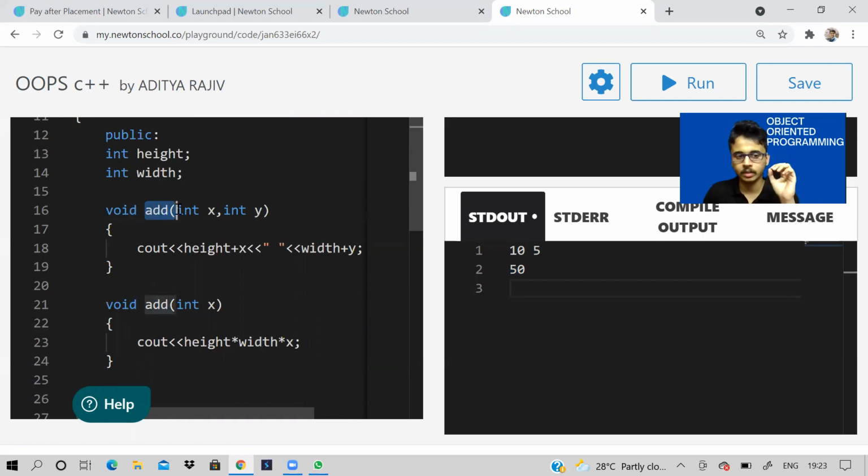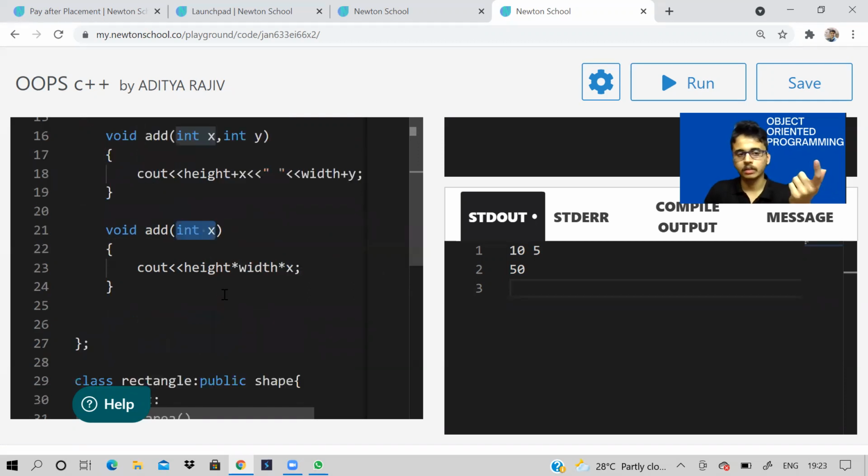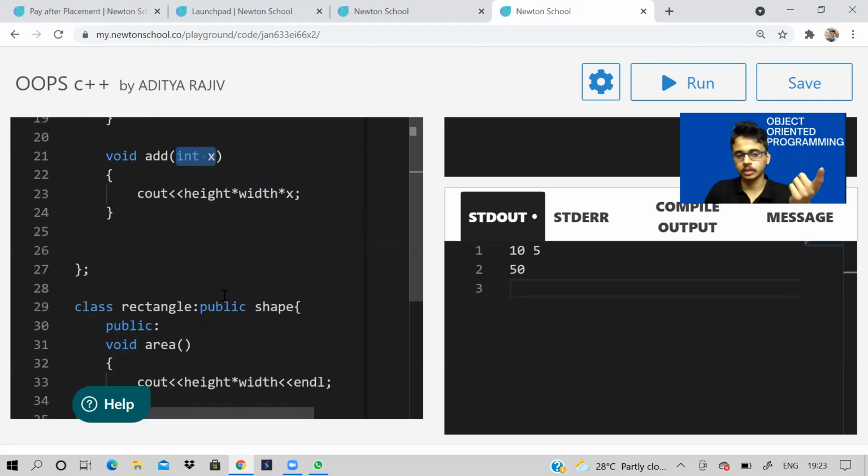So what is basically happening is there are two functions with the same name, but they have different signatures. Signature means either the return type is different or the number of arguments are different. See here, the number of arguments are different. In this case, the compiler will decide at compile time which function should be invoked.